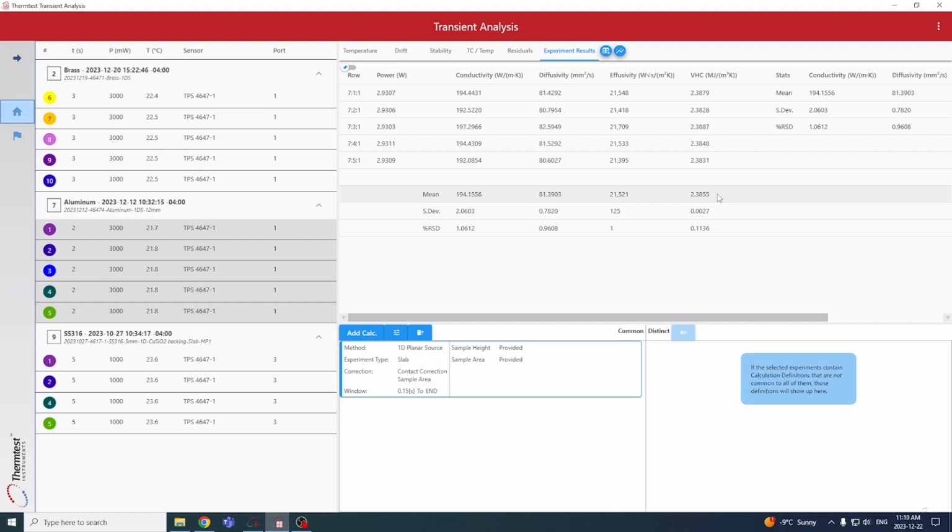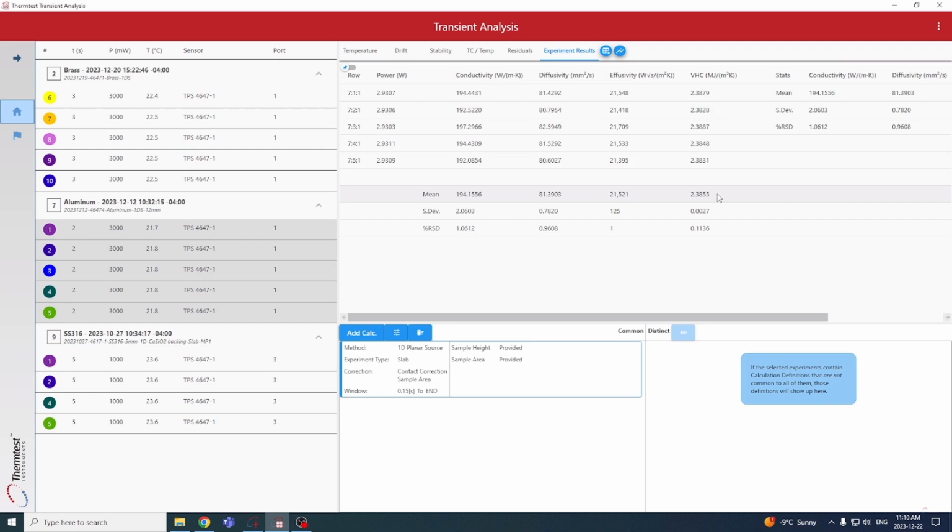If this was a sheet, you can also see the same thing. So if this was a bulk sample, like a block, and it was cast, formed, the values would be in the 170s range. Because it's extruded, you have a slightly higher value. So those are 3 examples of materials. The conductivity range of this